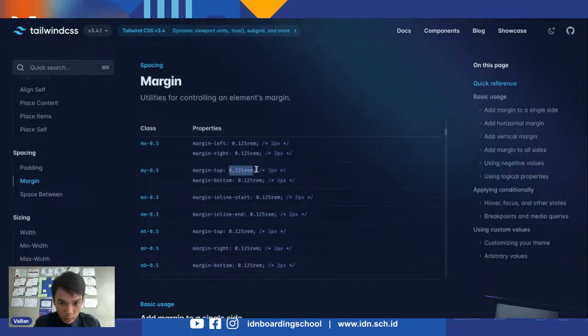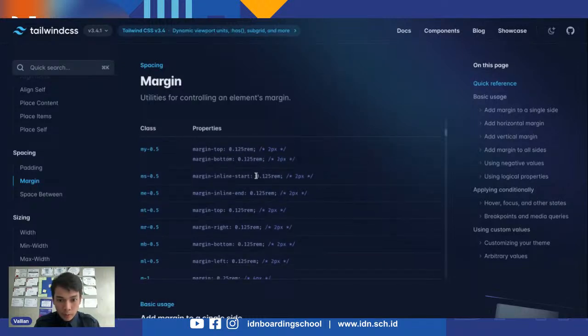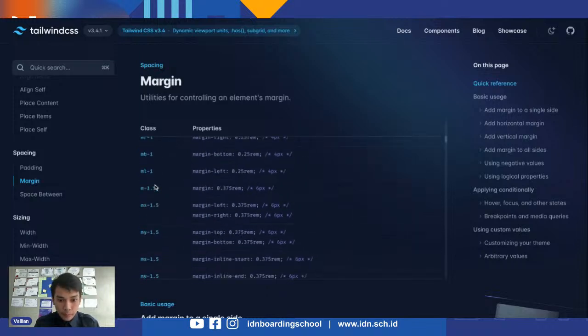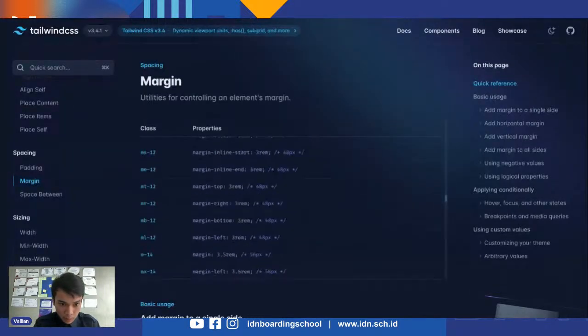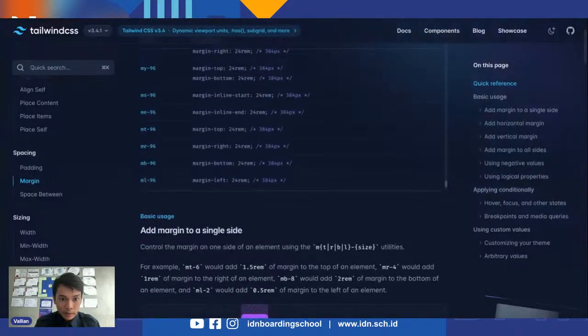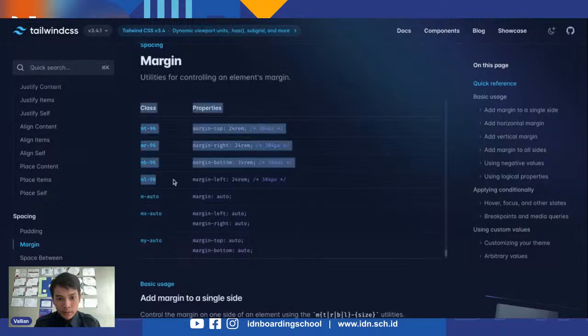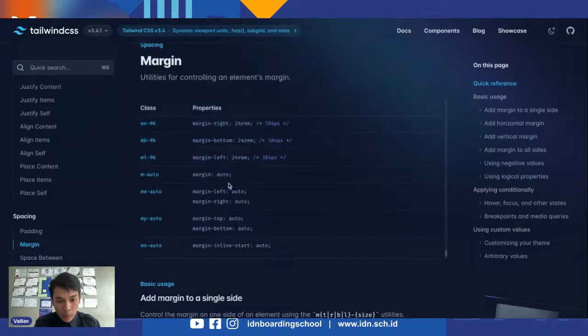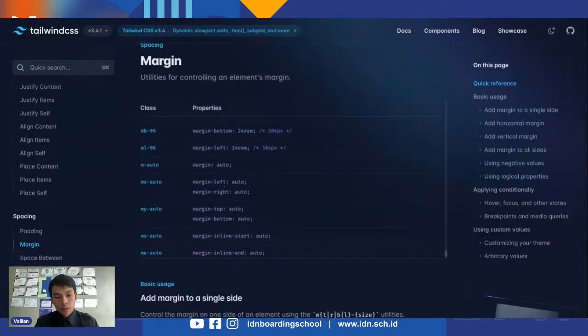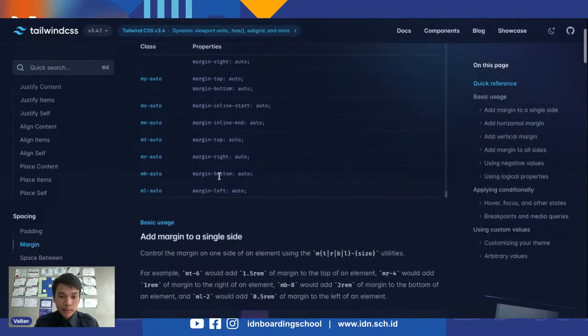there's this one, 0.125 rem, same as 2 pixels, and then margin bottom like 2 pixels too. So 0.125 rem is the same as 2 pixels. And then it goes all the way up, like height, up to 96. And then there's also margin auto, which will follow the parent, and then my-auto, and then yeah, this